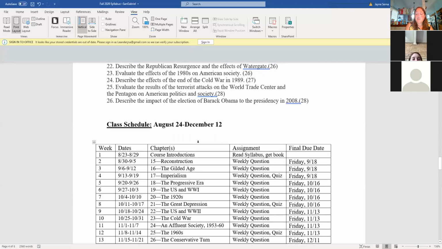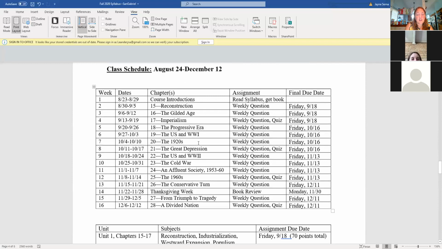All right, class schedule. These dates should be correct, unlike a couple that we went through earlier. So the class lasts 16 weeks, I think, 16. And so this tells you all the due dates. Now, I'm going to give you technically a weekly assignment or a weekly question, and there'll be 14 or 15 of those. But they're not due each week, is the difference.